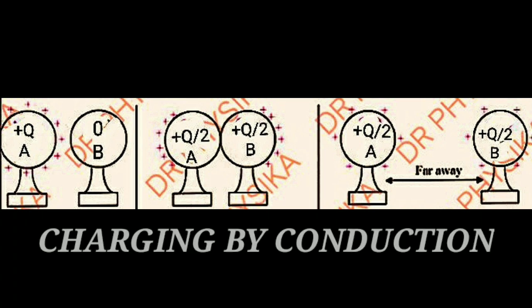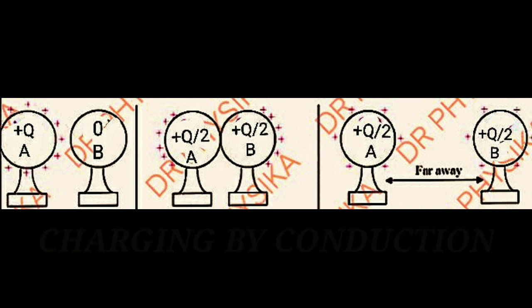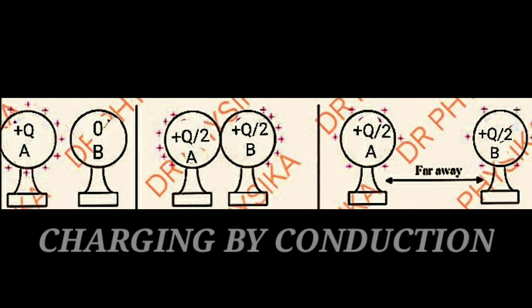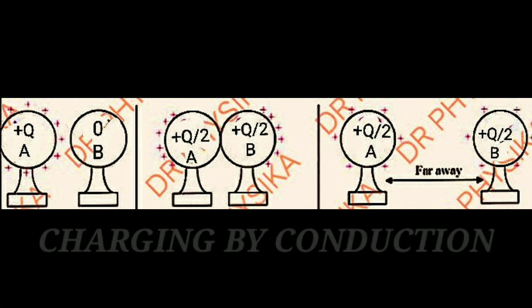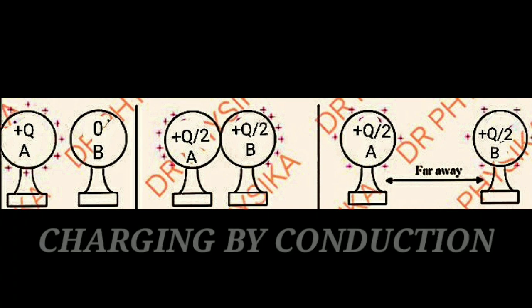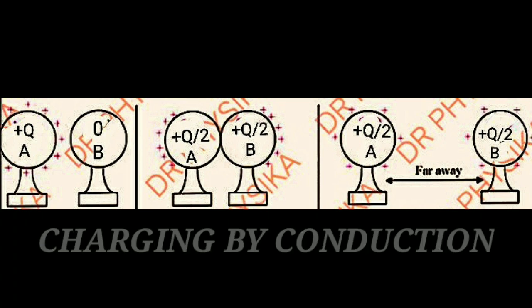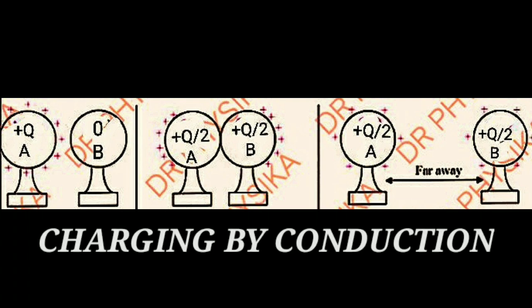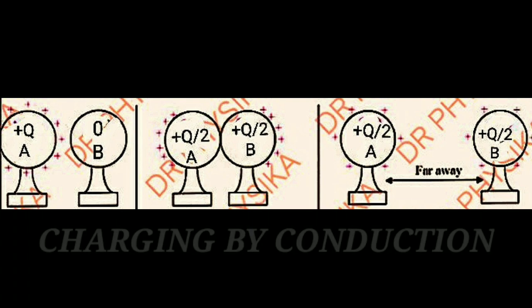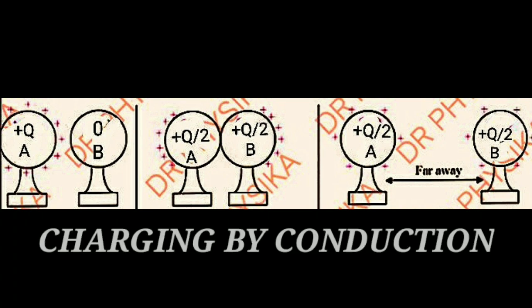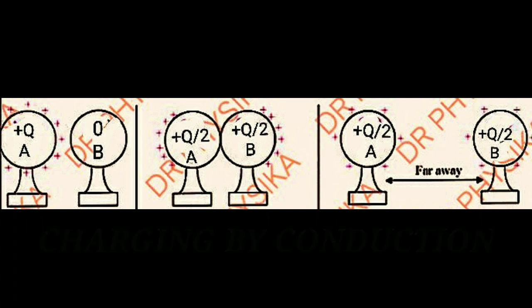As a result, the positive charge on the positively charged sphere is reduced and the chargeless sphere becomes positive because it loses electrons. Now, both spheres will have an equal amount of charge, that is +Q/2, after the separation because they are identical. Thus, we have established +Q/2 electric charge on the other sphere through contact.